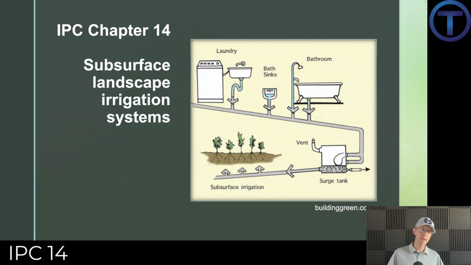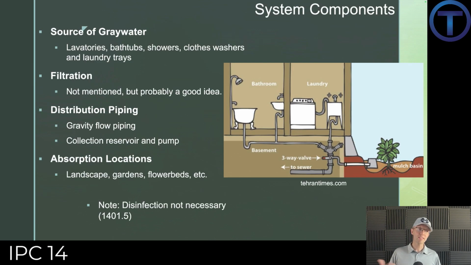The difference here is that we're dealing with subsurface landscape irrigation systems. The idea as depicted here is that we're going to use that gray water, the same stuff that we talked about in Chapter 13, but now we're just going to turn it loose in our yard and let it water our plants. As mentioned, we have the same sources: lavatories, bathtubs, showers, clothes washers, and laundry trays. But in this case, when we're just sending it outside,